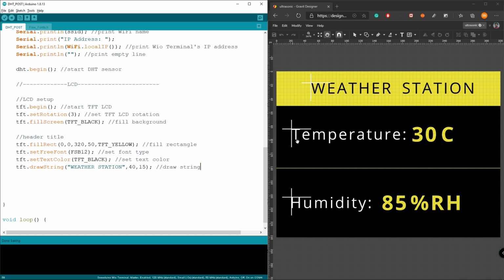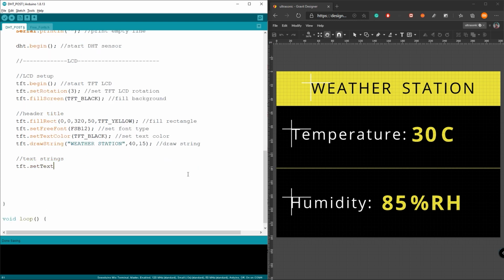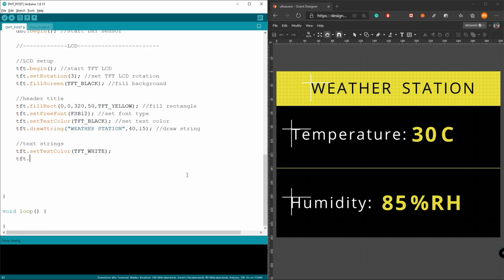Next, let's draw this temperature text string and the humidity text string. After that, draw this C and percentage RH.